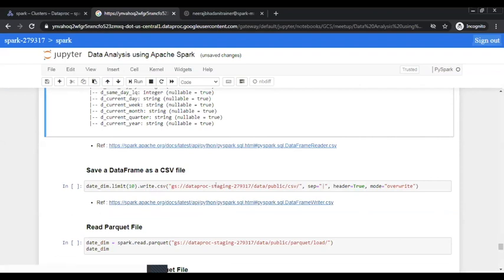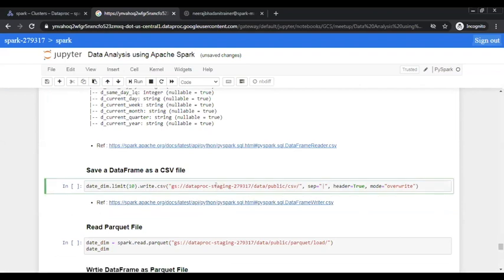Now, what if after you have done everything you would like to save your data frame as a CSV file? So you can say your data frame, I mean limit, because I would just like to create a small CSV file, then say write.csv, and then specify the path. The CSV separator you can provide if you would like, so I'm providing pipe. By default, it will be a comma. Header, if you would like to create a header. Mode, if you would like to overwrite your CSV, append, or anything else. So if you do this, this will create a CSV file